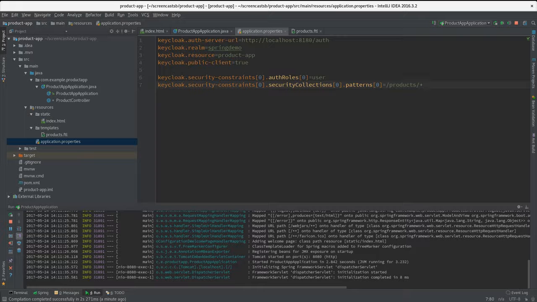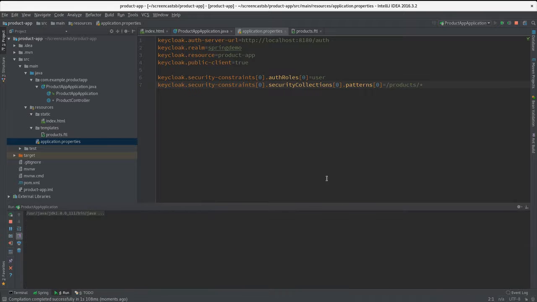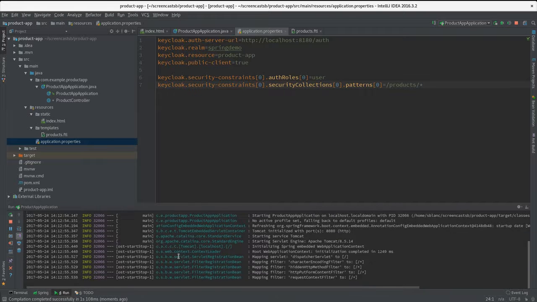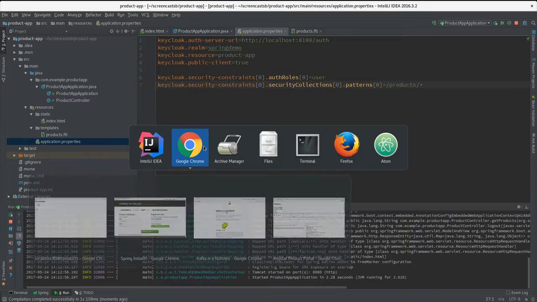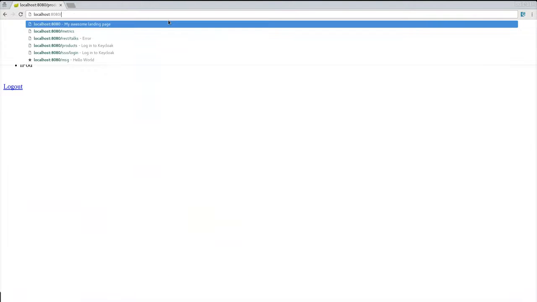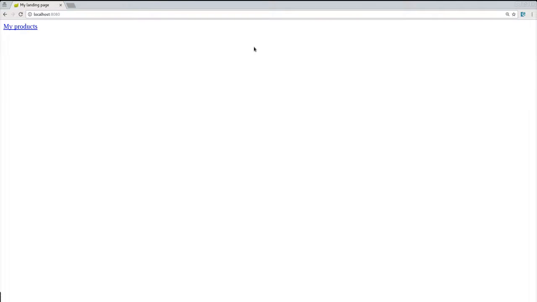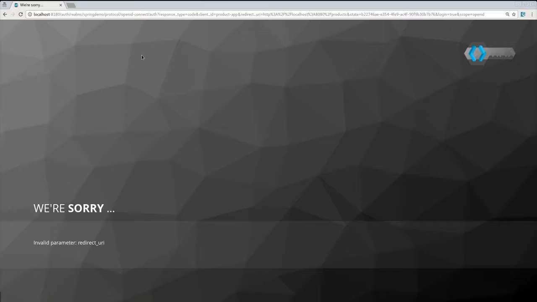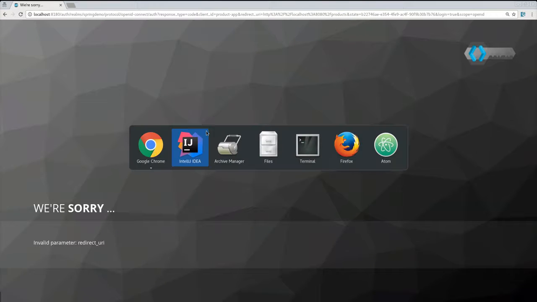Now if I run my app again, and I go back to my application and I go back to the root path here, I click on my products. Oh, and here we see that I haven't defined a redirect URL. Okay, that's not a big deal, because I just have to go to my Keycloak console,